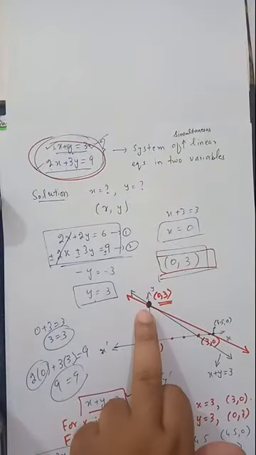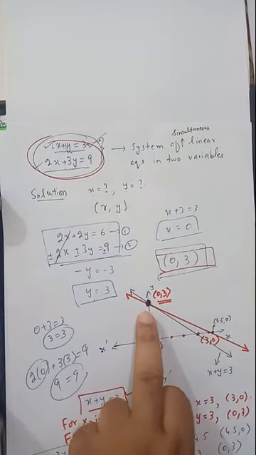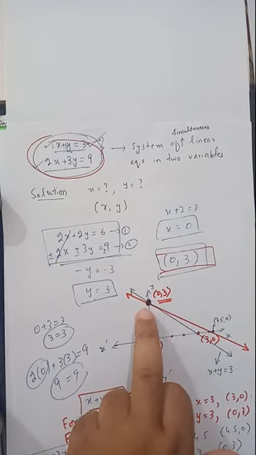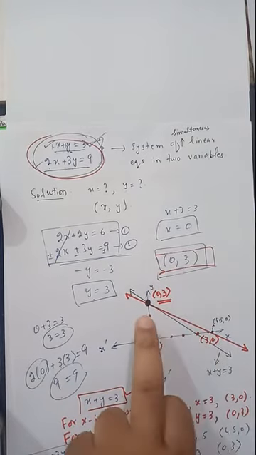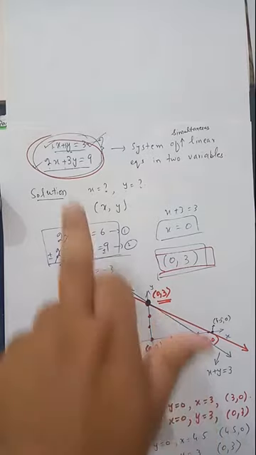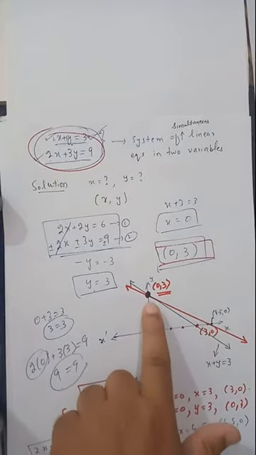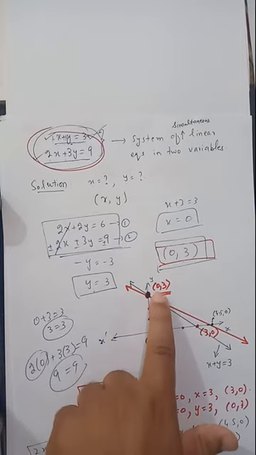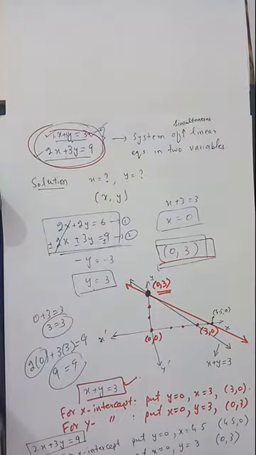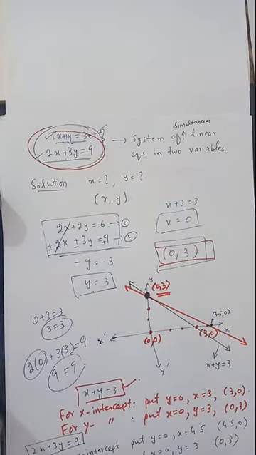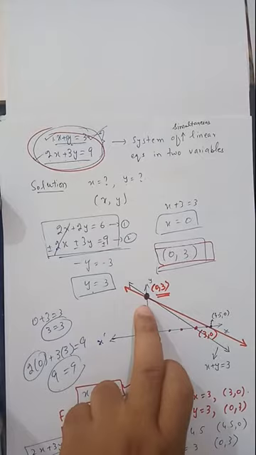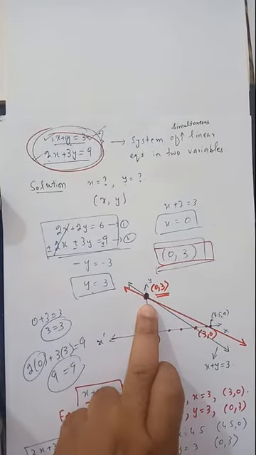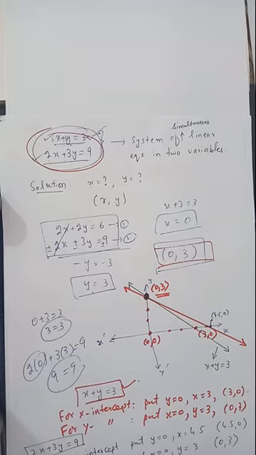In this discussion, this system has a unique solution. You clearly see that this system has a unique solution, meaning there is a single value of x and a single value of y which satisfies both equations. This single point in the plane having coordinates (0, 3) is the solution of this system, because this point lies on both the lines. So this system has a unique solution. When a system has a unique solution, that system is called a consistent system. Now note, this is an important point